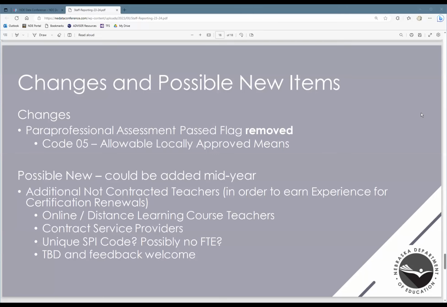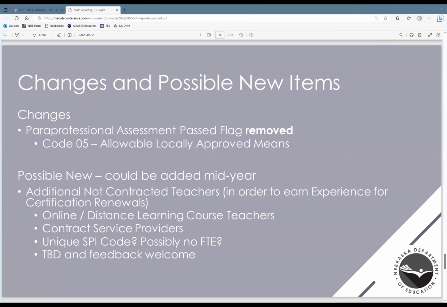I'm assuming all of the usual fields like that are stuff we wouldn't get. I'm assuming we would probably only collect data on them at the same level that we collect the data for paras or substitutes or coaches. It'd have to be a unique set of data collected, because some of it we know you don't have.